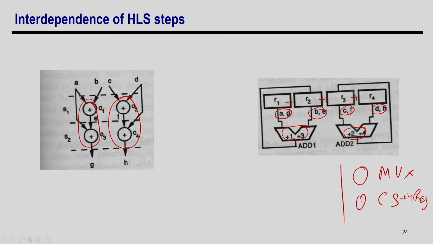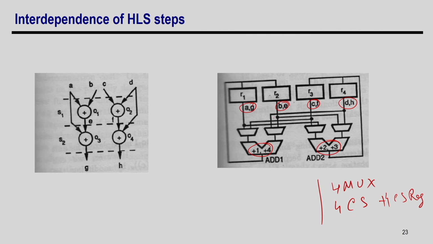But you can understand that from the same schedule, because of the different register allocation and binding, my interconnection is actually changing and the cost is changing. And similarly if the schedule changes, your allocation binding will also change, and it can also impact the interconnection and binding. So, this is the interdependence of high level synthesis, and you cannot avoid it. This is how the whole thing works. Okay. So, probably once you do the scheduling, if you just look ahead at how it will impact the allocation binding, that can be a good future study, right.